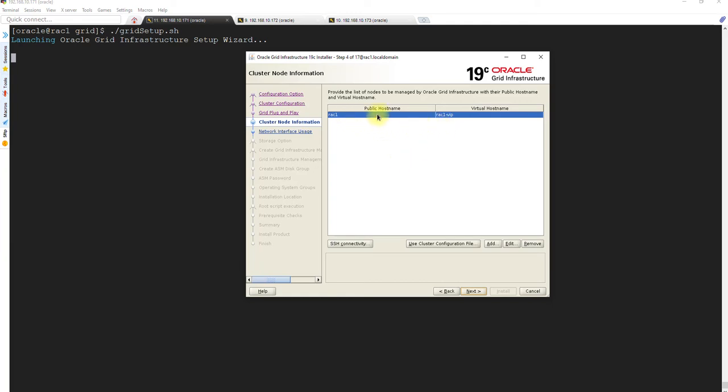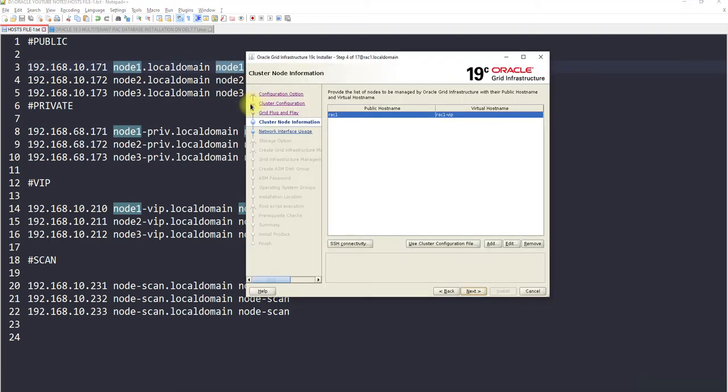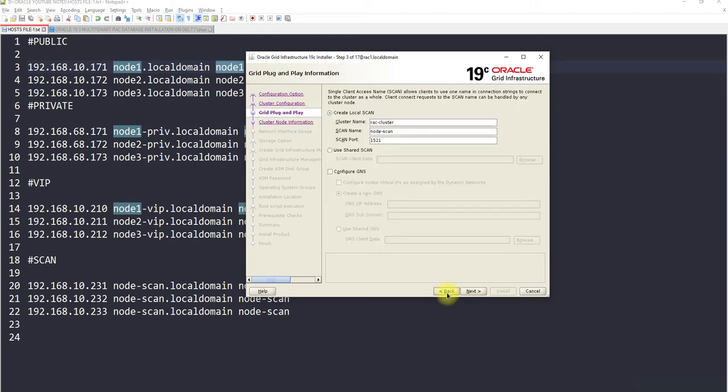Now it is asking for the public host name and the virtual host name. As we all know, we have set up a public name. And one more thing, I think I have messed up somewhere. Just a second guys. Yeah, I am 100% sure I have messed something up,